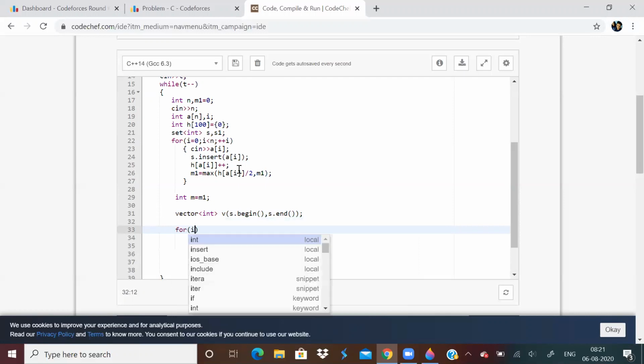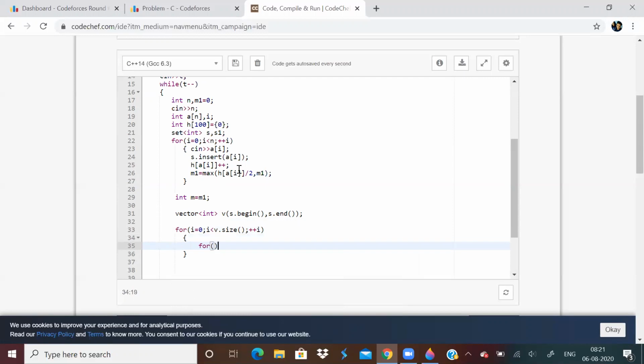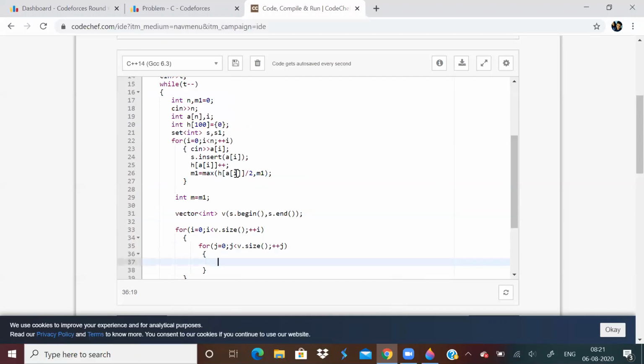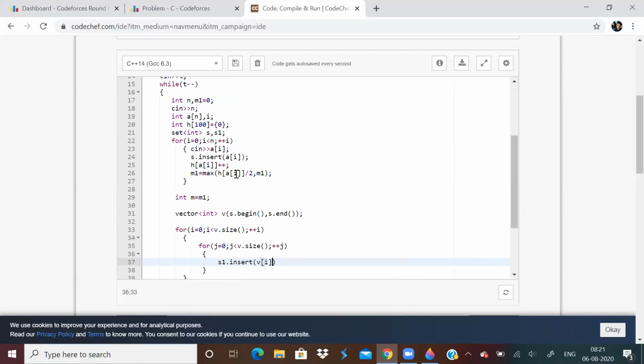Now I'll find the pairwise sum of all the unique elements in the vector. That is why I have another variable s1. I'll put all the pairwise unique sums in this set, and the condition is that i should not be equal to j.